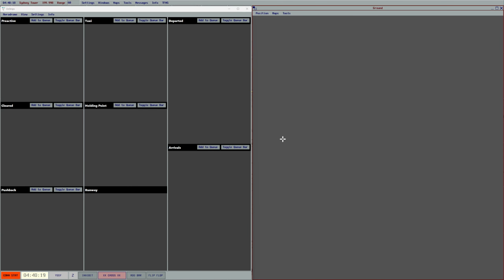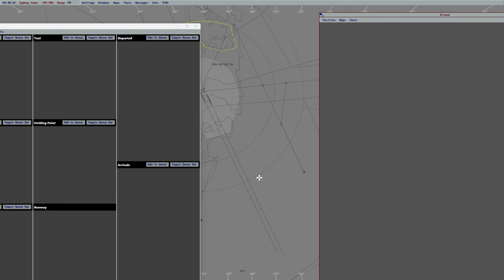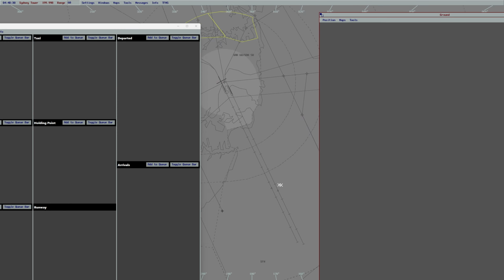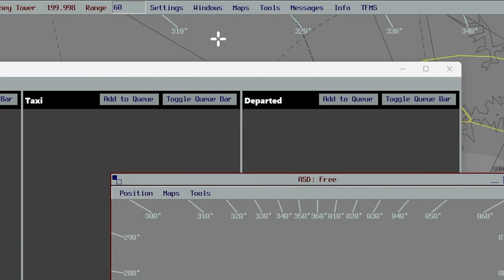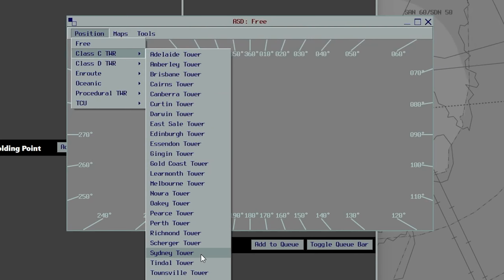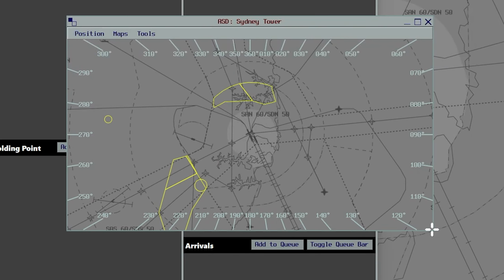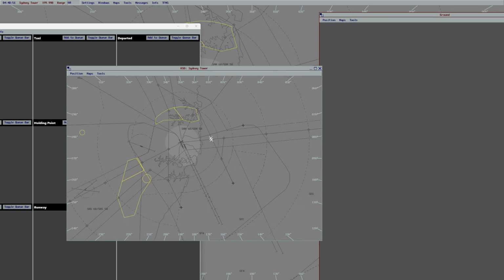If you do this, you obviously lose view of the air window, which is behind this, and that shows any aircraft on final. So if you are observing a tower position, this is an important window to see. You can open a secondary air window under Windows, Air, and then setting the position. So if you have multiple displays, you can move this secondary window to a different display and use this for